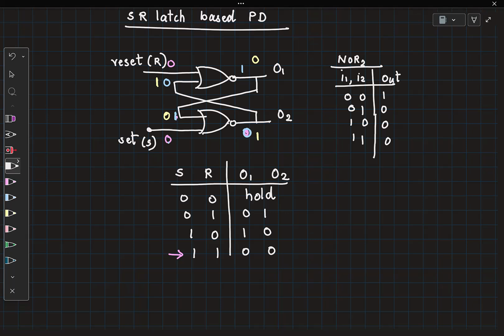Right? And whenever you studied an SR latch like this previously, you would have heard that this particular condition is a forbidden state. Right? It should not happen. So why is this a forbidden state? Looks like I'm able to get nice 0, 0 output here.